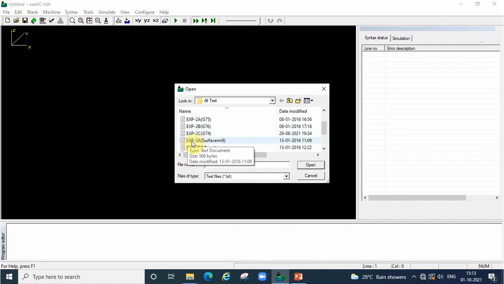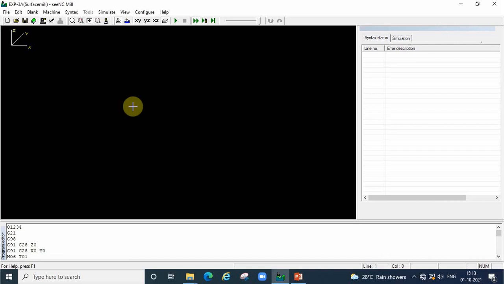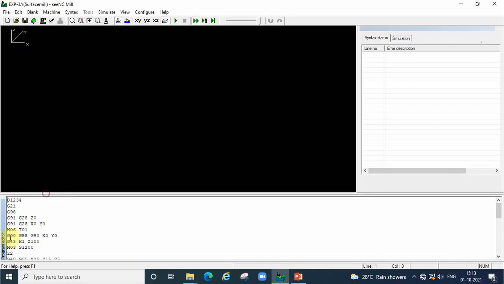So this is surface mill, profile milling. Select the program and then open. Okay, now the program is copied in the program editor page. Now we will see the software introduction first. This is a simulation area. This one is a program editor page where we are going to input our values, the program.